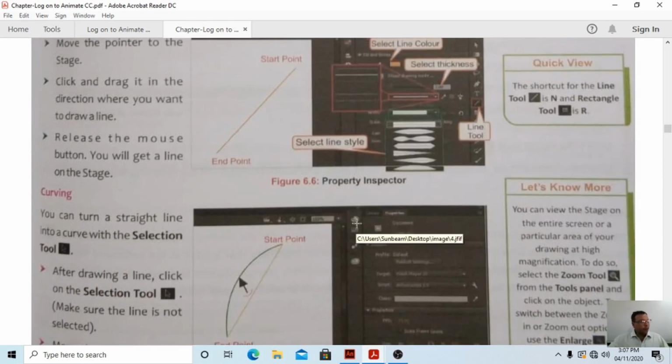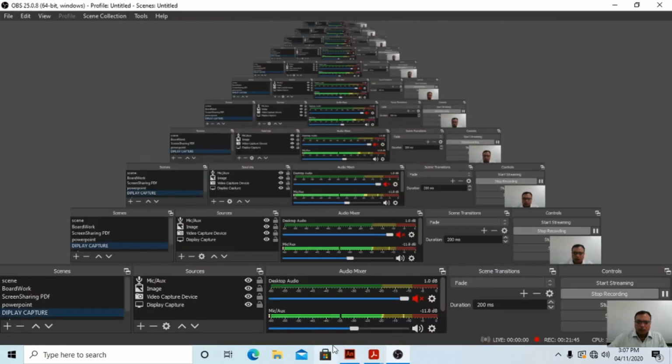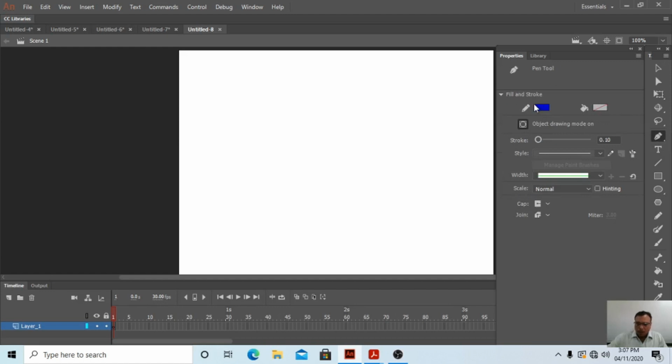There it discusses the pen tool. Okay, we will send it in your document. See, first of all, use the pen tool. This is the pen tool. Okay, first of all, we will discuss the pen tool. In the pen tool, what we can do, you can see in your book. The page number is given, page number 74.